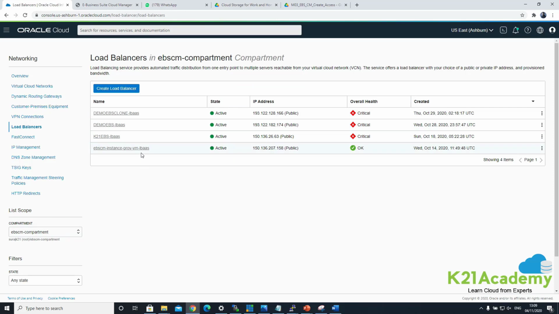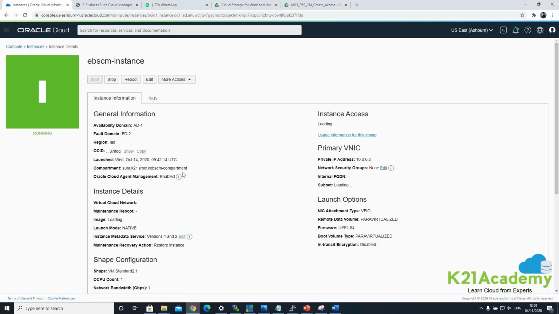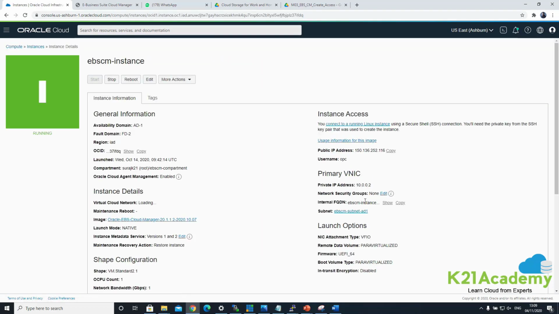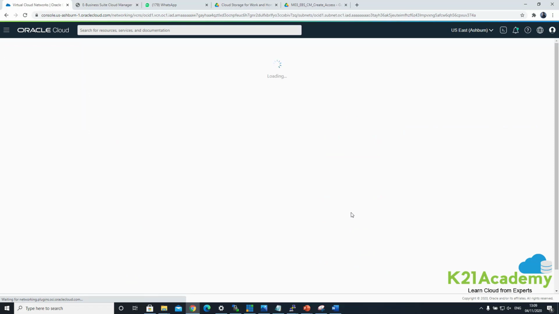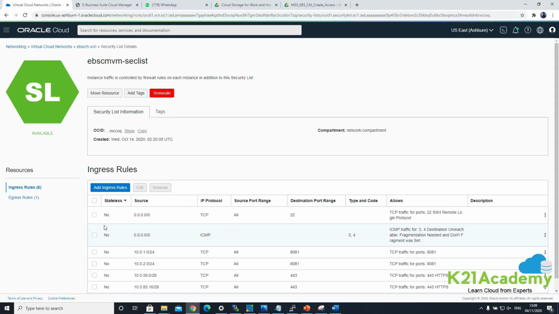And to check the security list, you'll be going to the virtual machine. On that virtual machine, when you click on it, see what network security group is configured. None in this case. But then you go to the subnet, and in that subnet, you look at the security list. In this case, it's one security list. You might have multiple security lists. You have to go through all the security lists and look at the ingress rule. Ingress means incoming, and port 8081 is allowed. So I hope that makes sense, and this issue and the resolution is clear as well.